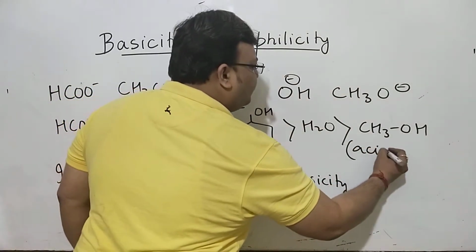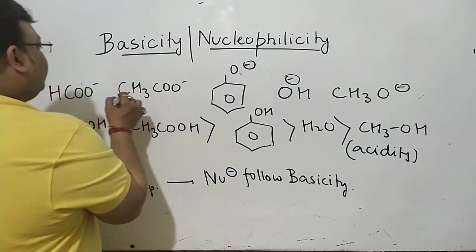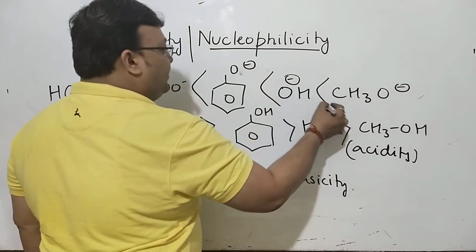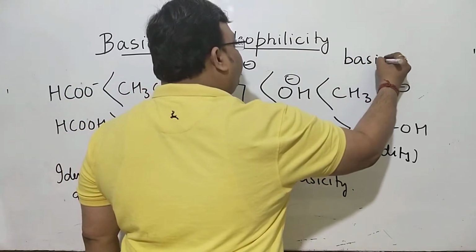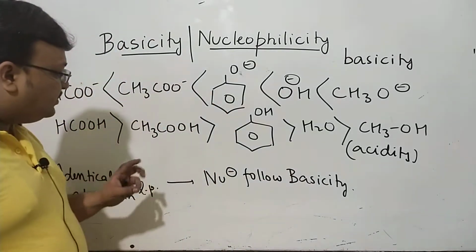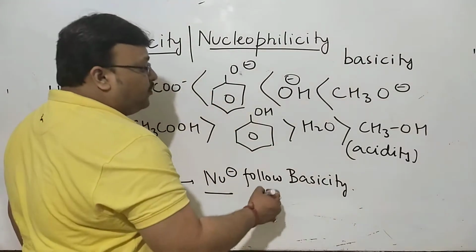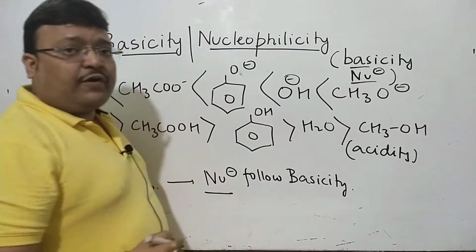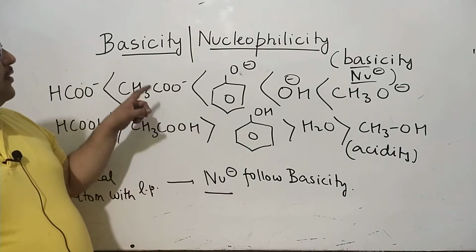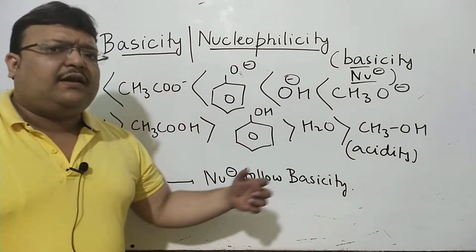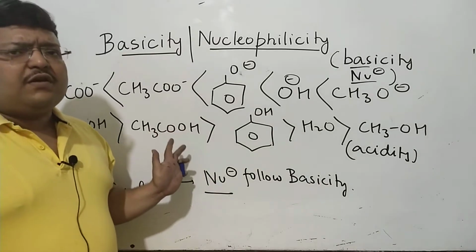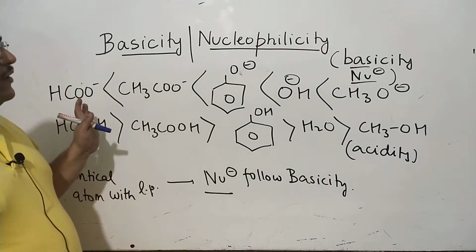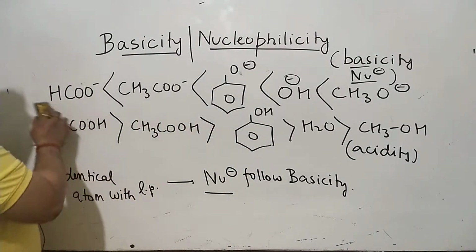So naturally, if this is the order of acidity, the reverse will be the order of basicity, and the rule 3 is, here again nucleophilicity follows basicity. So this is rule 3 for you. When these species are related like the atom bearing the lone pair is identical, then basicity and nucleophilicity will run parallelly. We will want to move to another set of species. I repeat, you will want to keep copying at your convenience.